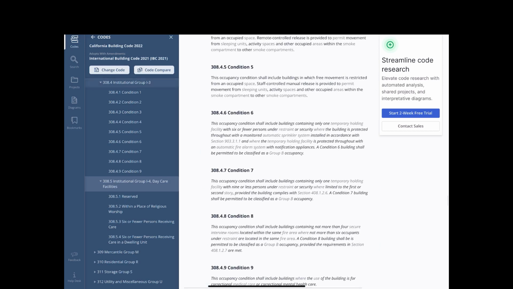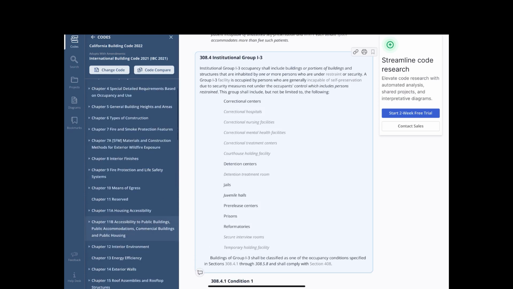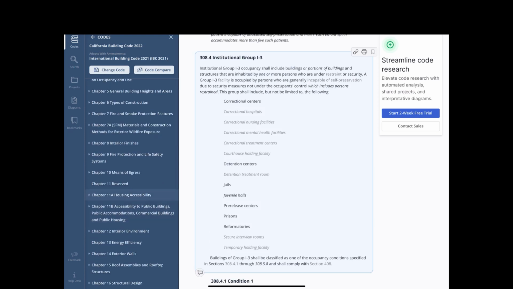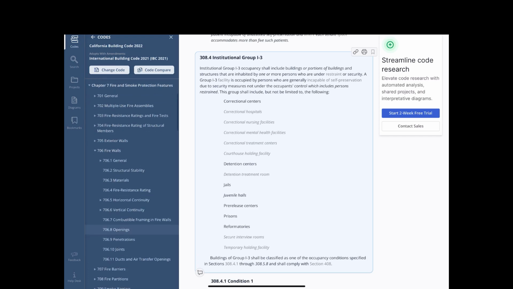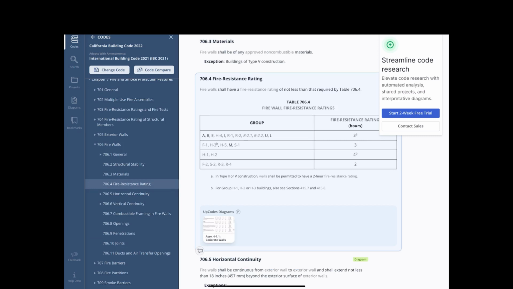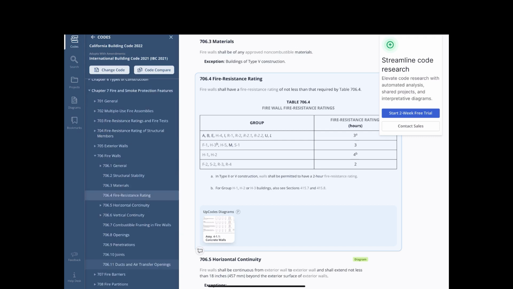The next thing that we would do is go to Chapter 7. And Chapter 7 is all about fire and smoke protection features. So I'll click on Chapter 7. And the question was asking about a firewall resistance rating. So we'll go to section 706, firewalls. And there is a 706.4 fire resistance rating. So we'll click on that. And if you go through each of these various sections under Chapter 7, like exterior walls and fire barriers and partitions, each of those have their own fire ratings. But here for a firewall,